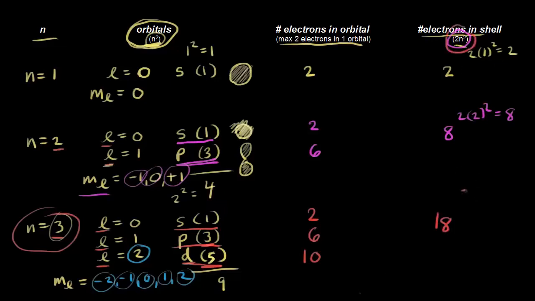So 2n squared. If n is equal to 3, square that, that's 9, times 2. This gives us 18. All right, let's do one more, and before I do that, we already talked about the